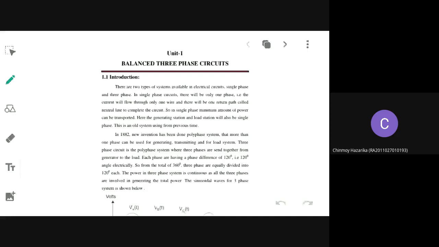Most probably I will finish this unit in two classes. It's not a new unit, it's the partial of the first unit only. Some more topics are left out: star delta transformation, some general introduction about AC circuits, three-phase, and RLC transients. RLC transients I will teach while I am doing the third experiment in lab. There itself I will complete the theory. With that this unit will be over.